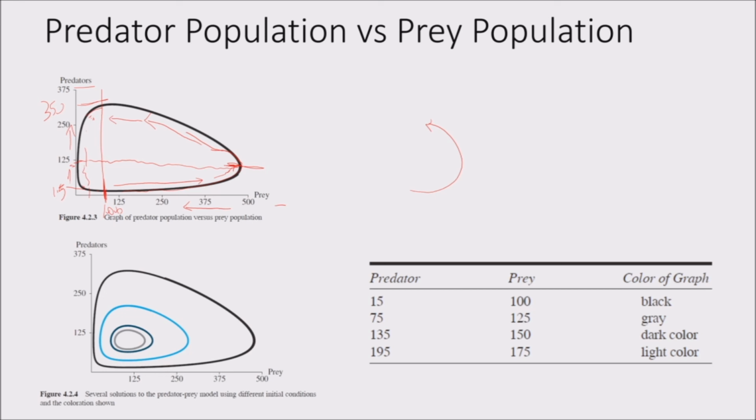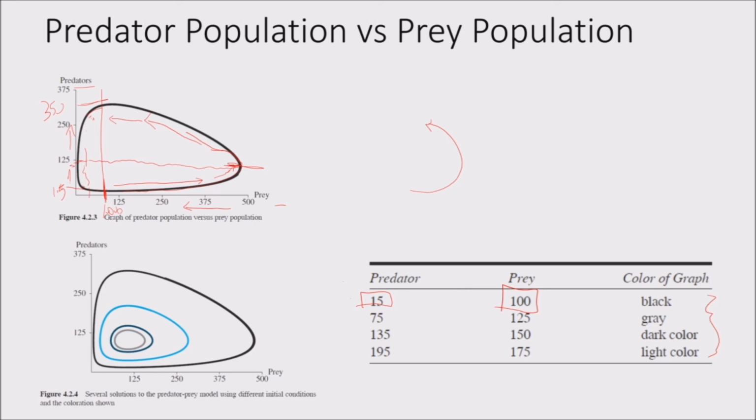So in this case, on the bottom part here, they are plugging in different initial values. The starting values are different, and you see how the graph behaves. This is not a good way of writing the colors here. It says black, gray, and the dark color and the light color. Oh well, I think they were looking at black and white when writing this. There's no blue in it, so it's only black and gray they're talking about, I guess. Otherwise, they should have put blue and then a light, whatever it is.